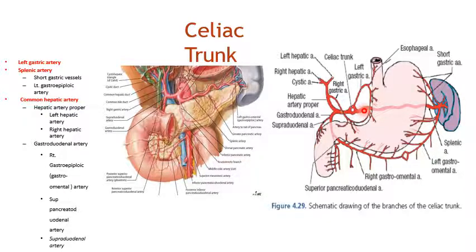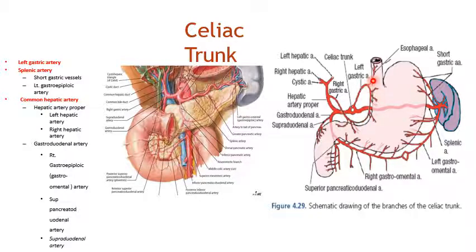First, the left gastric artery ascends upwards and to the left. Then it enters the lesser omentum. Here is the lesser omentum of the stomach. Then it moves downwards along the lesser curvature of the stomach, and finally it anastomoses with the right gastric artery. This is the right gastric artery, and it is a branch of the proper hepatic artery. Finally these two arteries anastomose along the lesser curvature.